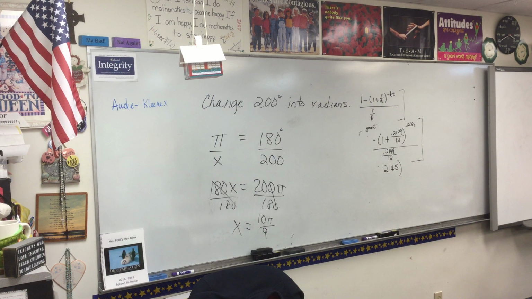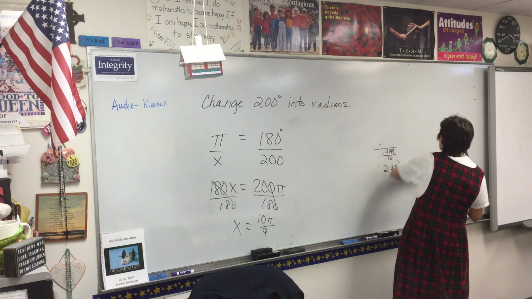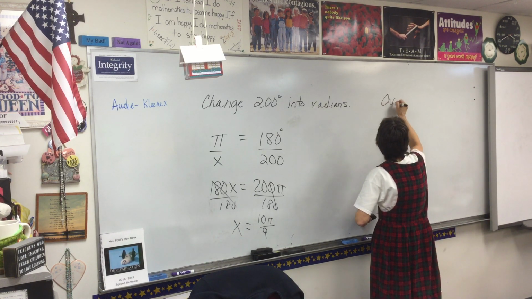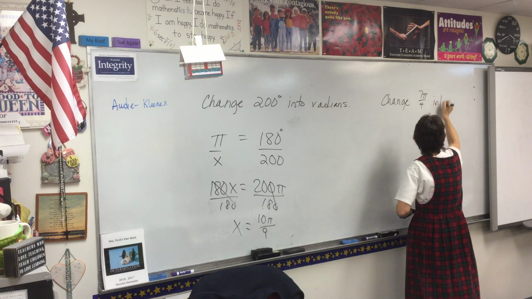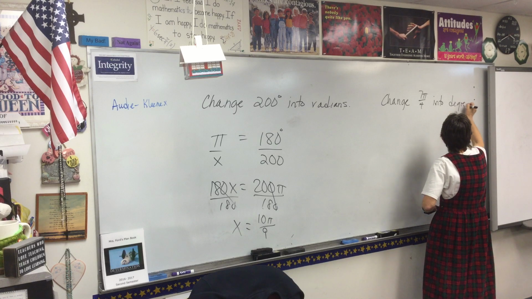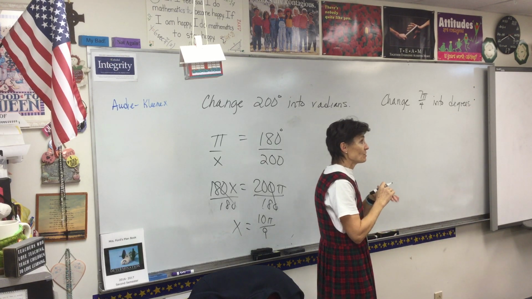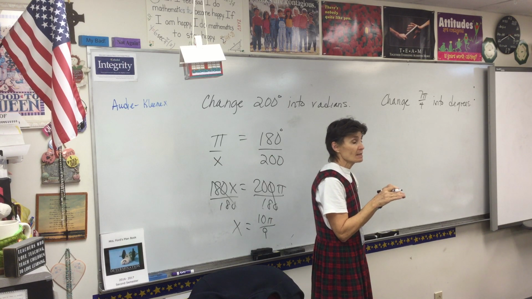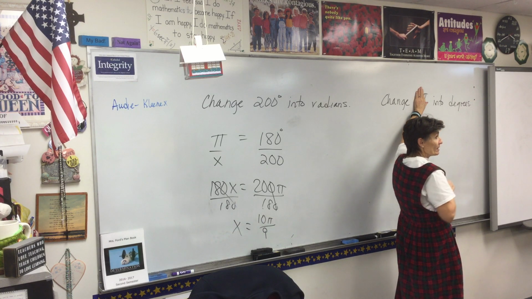What if we had to change 7 pi over 4 into degrees? Now this is easier. Some of you don't even need to write anything down for this, because you know that pi right there is